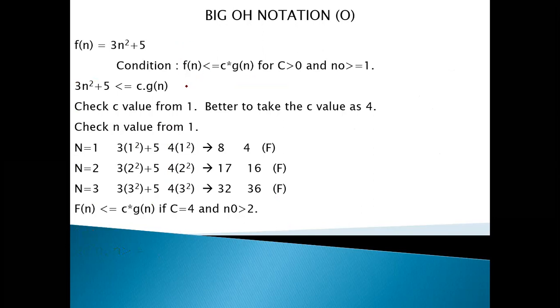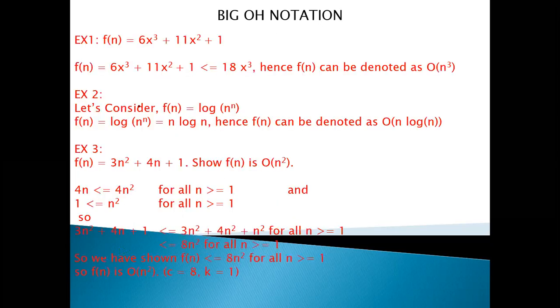Here I am going to explain from the examination point of view. So 3n square plus 5, this is the condition. Here we are going to check the values by substituting the n value as 1. Whenever this condition gets true, that is the output. The simple way is calculating the highest power value. Here n cube is the highest power value. That's why the Big O notation, the worst case complexity, is order of n cube.